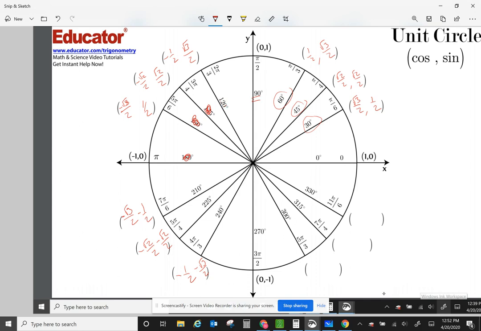How much is 90 plus 45? Boom, I get that answer. How much is 90 plus 60? How much is 90 plus 90? And then I go here. For these other numbers, let me cancel them out. How much is 180 plus 30? How much is 180 plus 45? How much is 180 plus 60? So it's easy to get my degrees. Once again, the fourth quadrant, I'm not going to complete it. Now, if you're dealing with this in